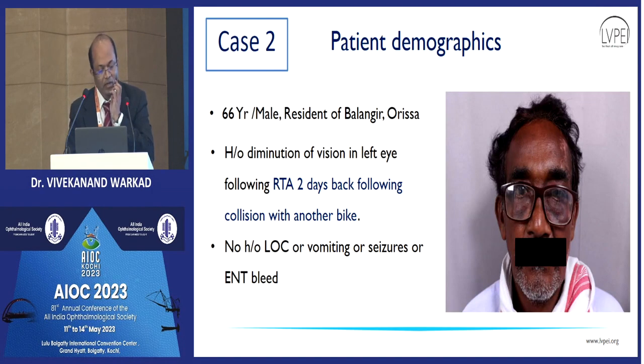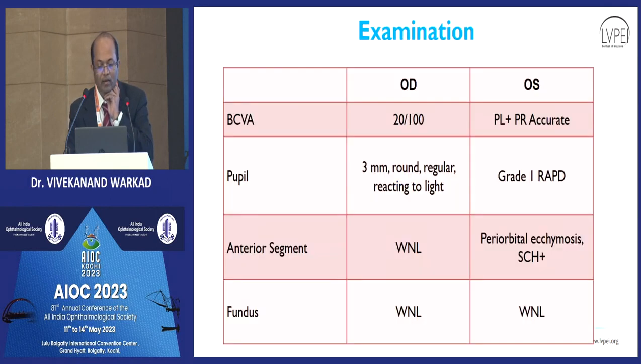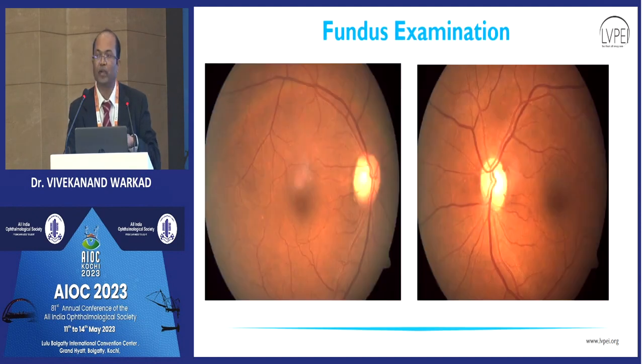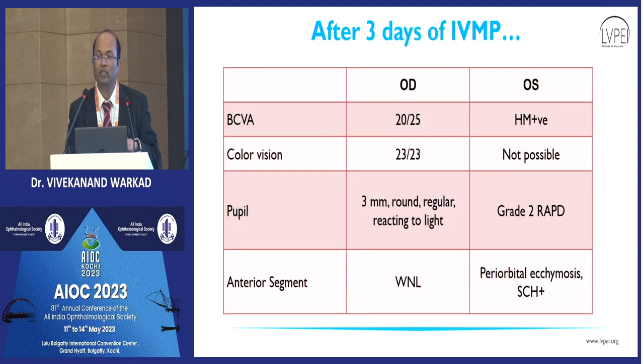This is another patient, 2 days back following collision with another bike. And then you see the 20/20, both eyes, there was actually underlying TON. One eye has a moderate loss, one eye has a severe loss. Again, treat these patients with steroid, presented within 7 days. And you can see that there is a remarkable improvement in the right eye,